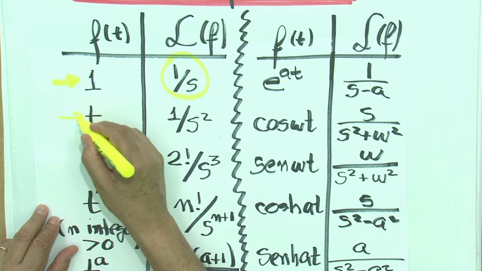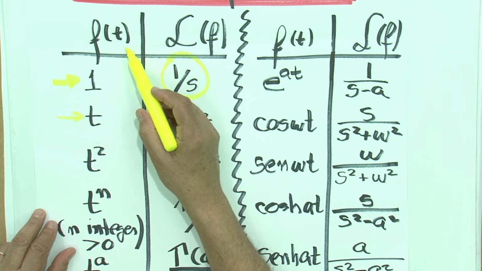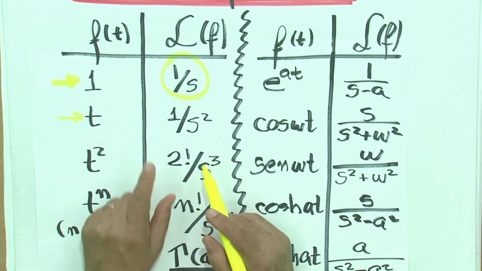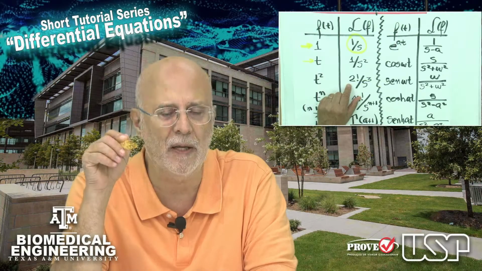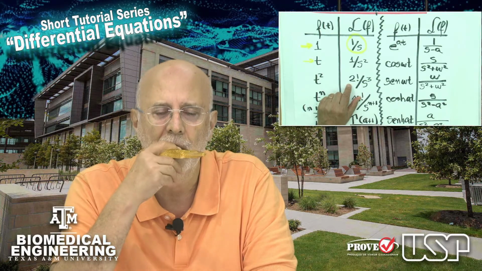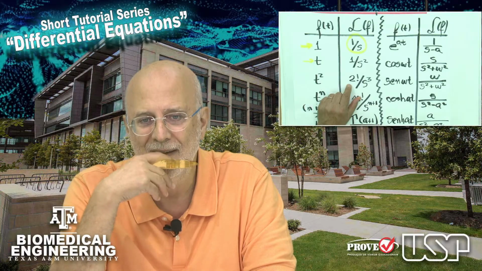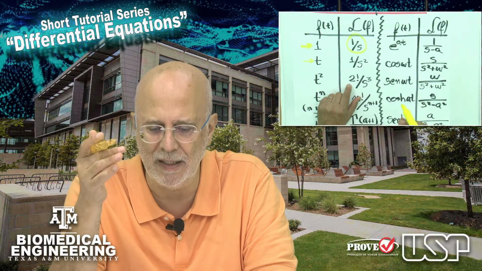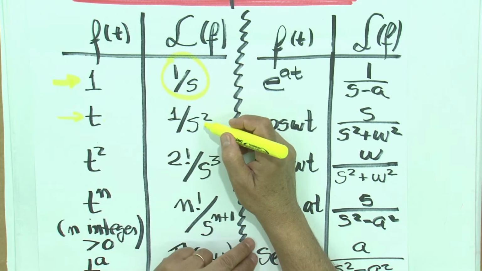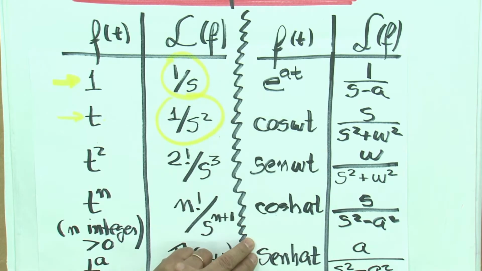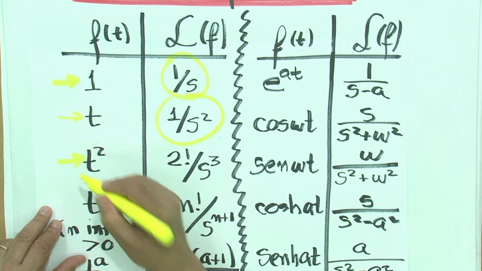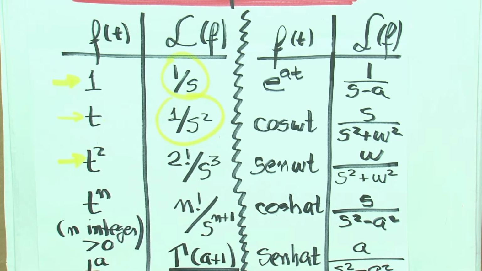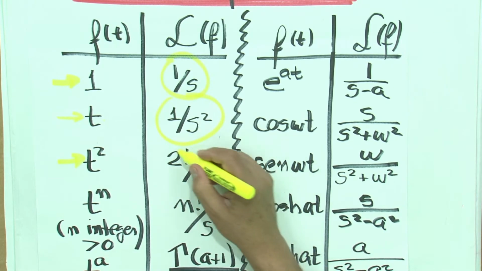Now I want a linear function, t. f of t is t. So we go and do the integral of t exponential of minus s t dt. And we know that you make a transformation of variable, and you can easily show that the Laplace transform is 1 over s squared. In fact, if I have a quadratic function, t squared, and I do the Laplace transform, I get 2 divided by s cubed,